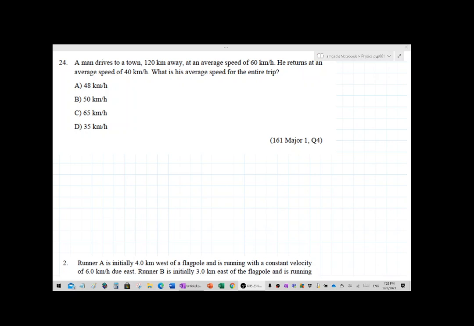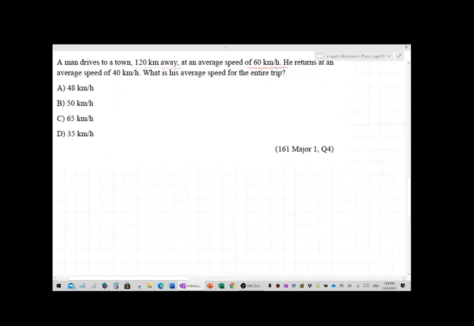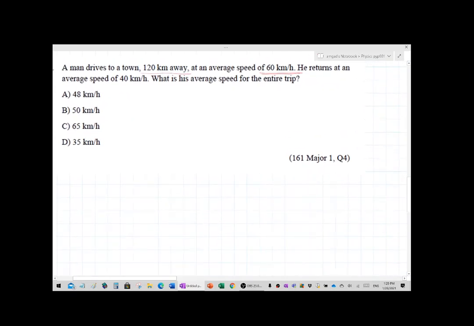So I'm going to discuss with you some problems you have sent to me on the Teams. The first one here: a man drives to a town 100 kilometer away at an average speed 60 kilometer per hour. He returns at an average speed 40 kilometer per hour. So he goes to a town,